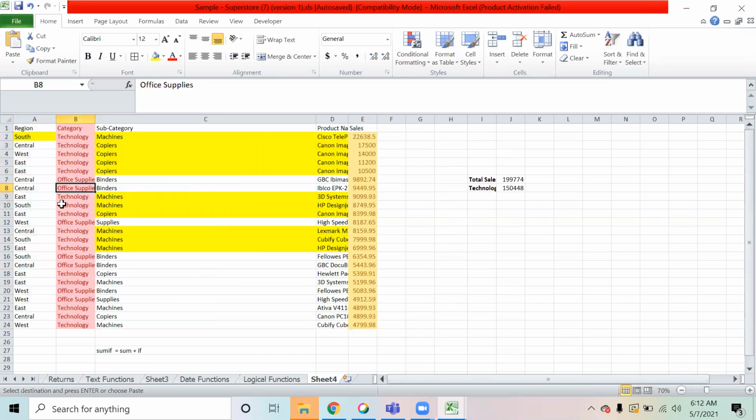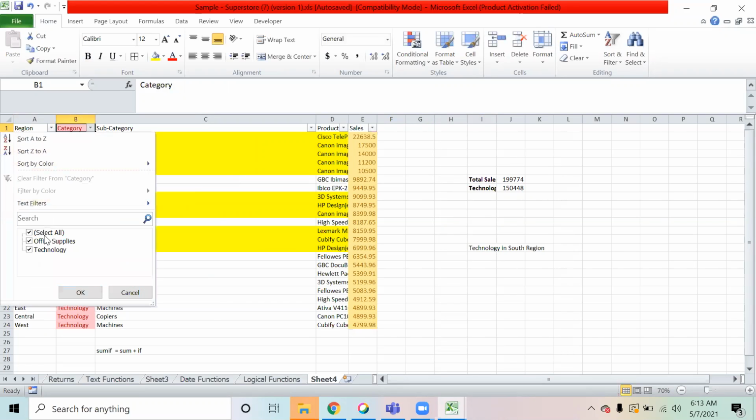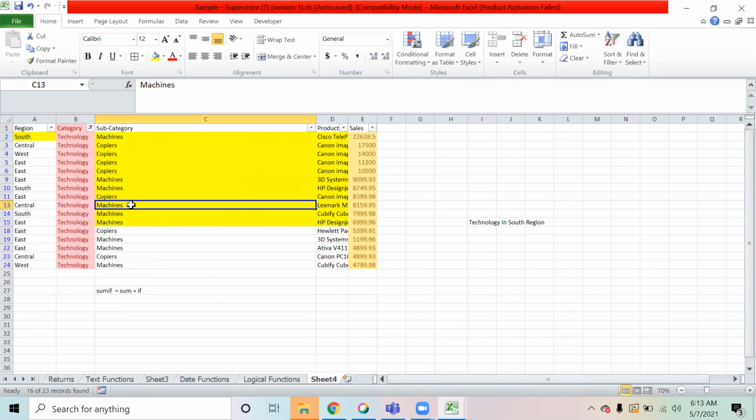Okay, so I have the region also. Now suppose I want to find the total sale of technology in South region, right? Are you getting it? I have two conditions now. If I apply the filter, I have technology, and I want to find the total sale of technology in South region.